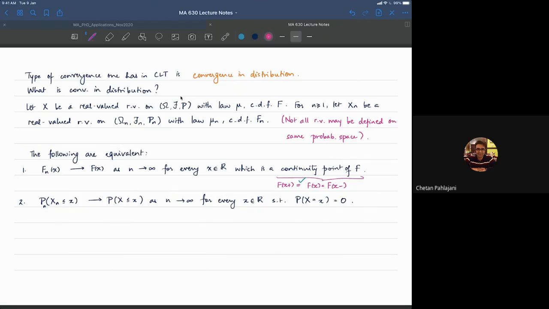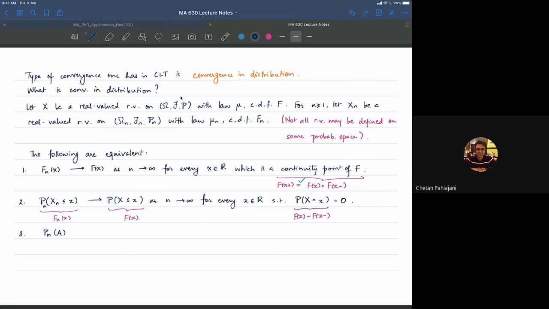The idea is that this thing on the left is simply fn of x, and this thing on the right is simply f of x. So it's saying that fn of x should converge to f of x as n goes to infinity for every real x such that P of x equals x is 0. And now you remind yourself, wait a second, P of x equals x is simply f of x minus f of x minus. All right, so that's another way to say xn converges to, well, we have not yet stated that, but we'll come to that. Number 3,